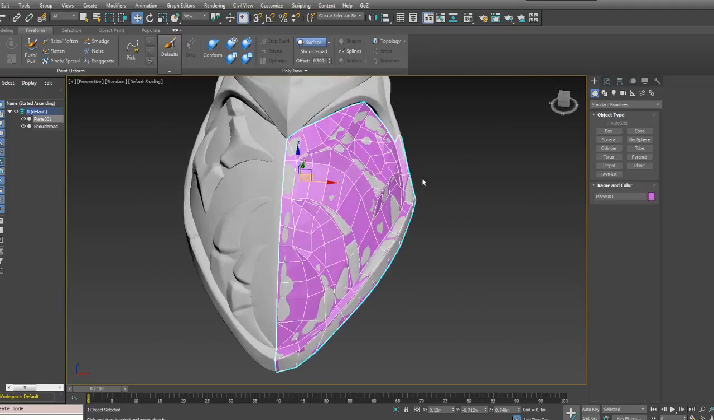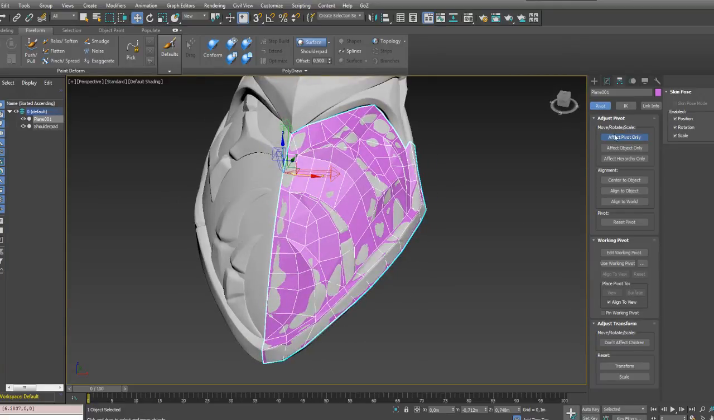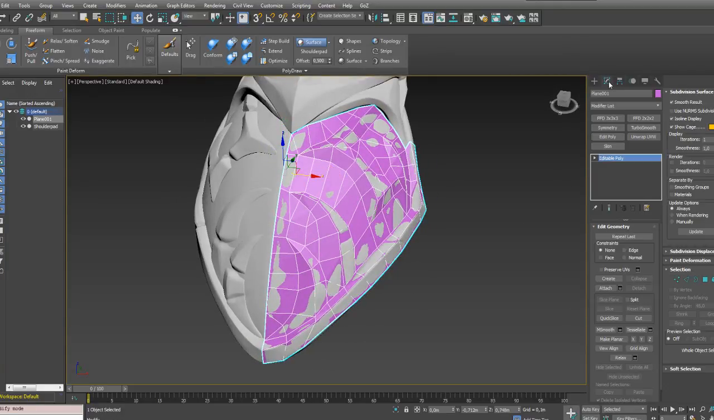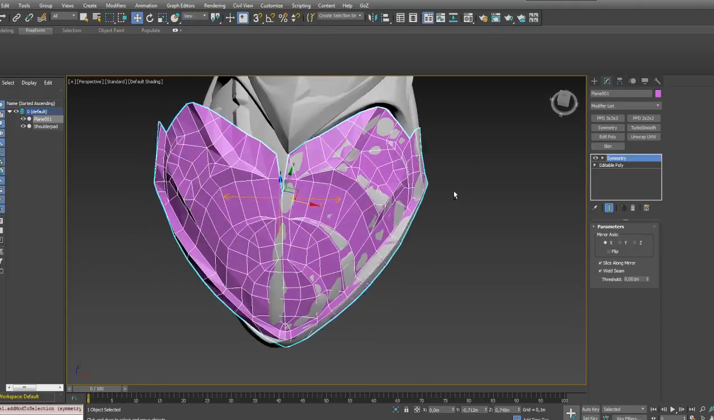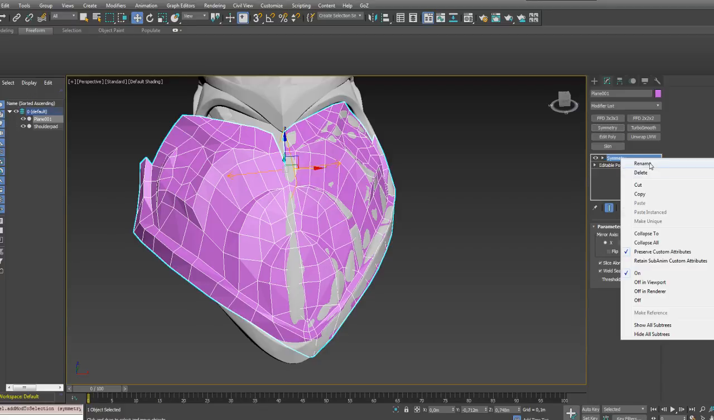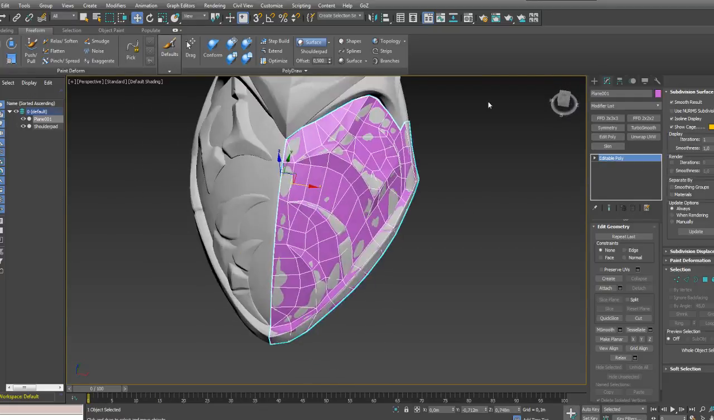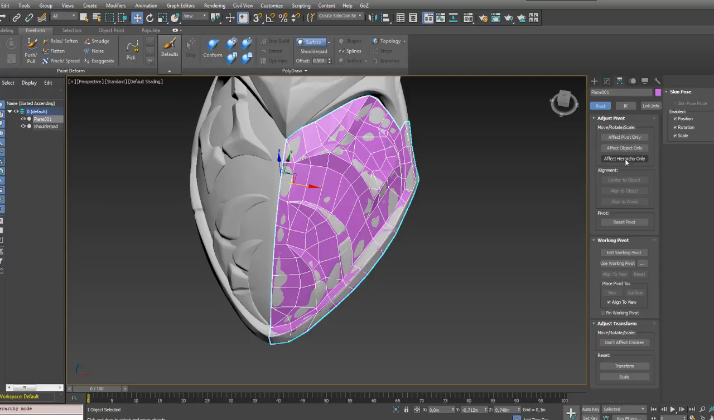Now we need to change the pivot, so this point, set it to X0 as well. And now there are several ways of mirroring this. You can use this mirror tool, but for this I will use the symmetry tool. There we go. That's not what I want. Let's reset X from this and